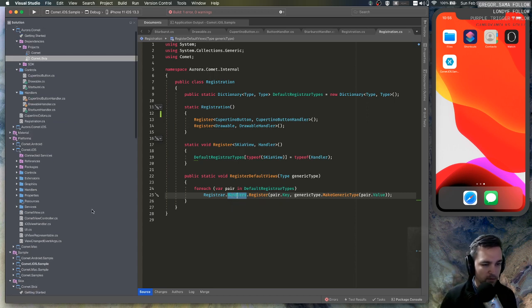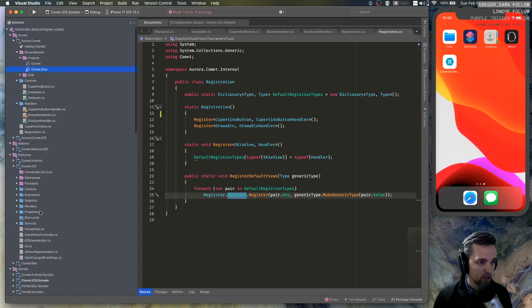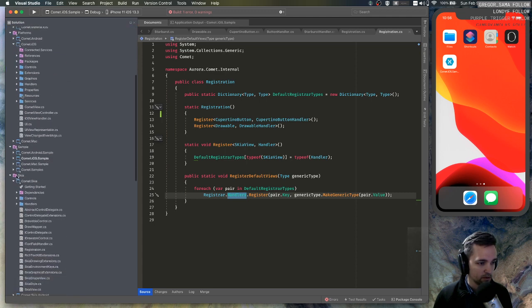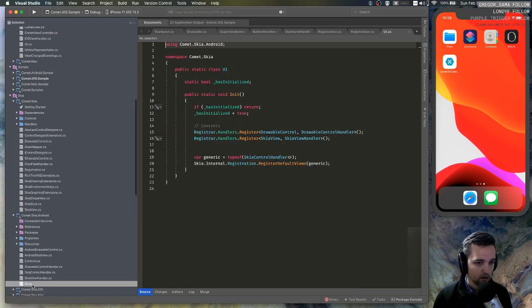Let's look at another implementation of this really quick, just to give you a feel. It's our Skia. Where's our Skia? Skia. Comet. And we'll just do Android here. And you'll see that what they've got out here is